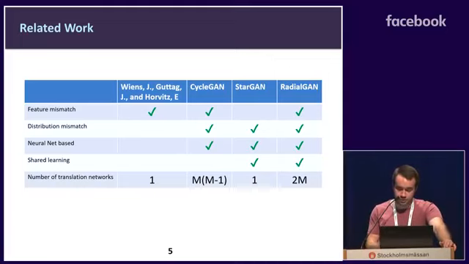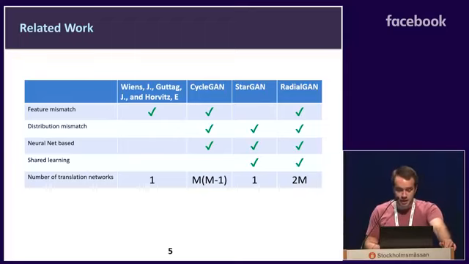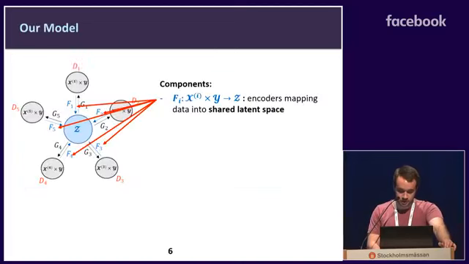The final related work I'm going to mention is StarGAN, in which they would learn a single neural network to translate between any pair of datasets. The problem there is that obviously the input is of fixed dimension, the output is of fixed dimension, and so the problem of feature mismatch isn't naturally addressed. They do have shared learning, but in this case they only have one network, and the flexibility to be able to learn the potentially different mappings from, say, hospital A to hospital B and from hospital A to hospital C isn't there, because they're only using a single network, and there's only a single input changed when they try to learn the different mappings.